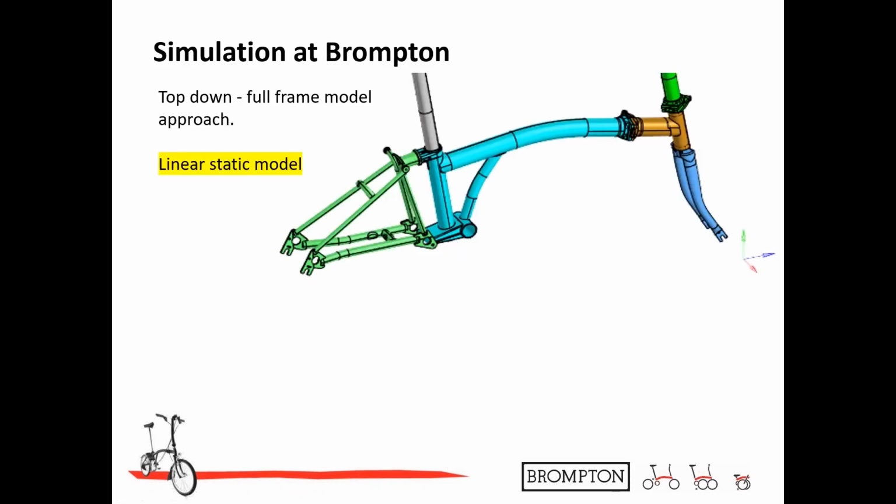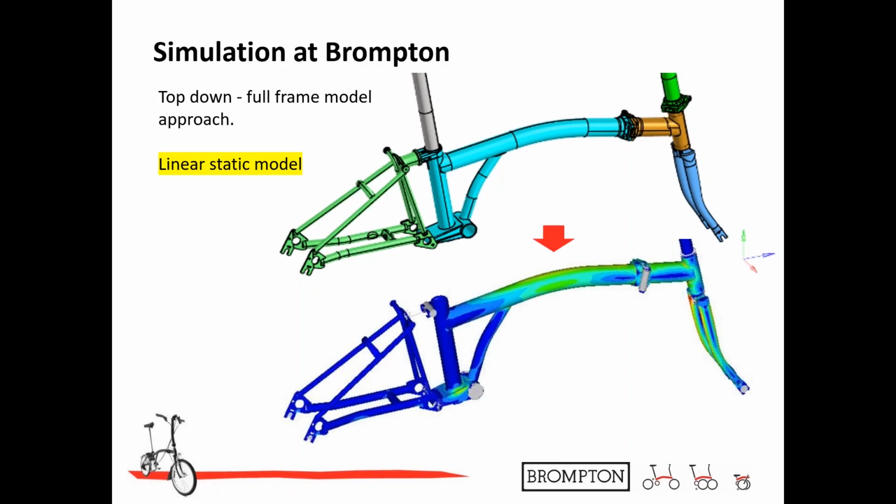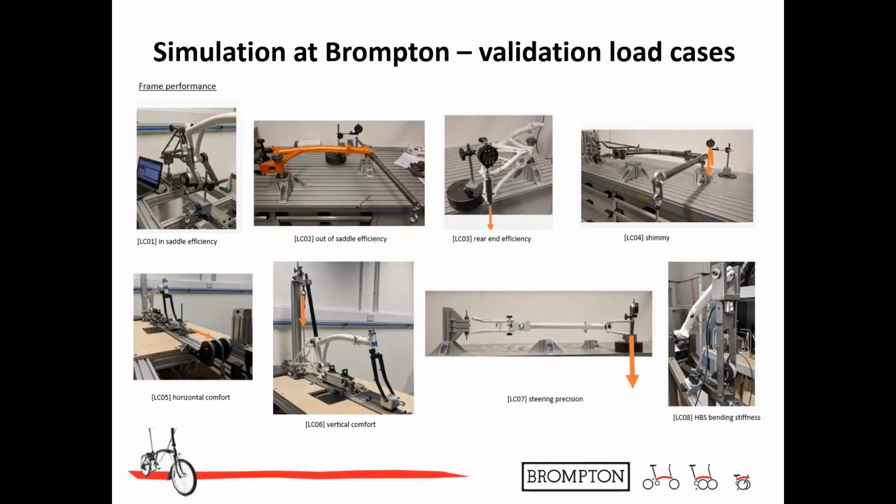So this is looking at the frame set. So we'll take a full frame top-down approach. So here we've created a linear static model of the frame set. Relatively simple to set up, relatively simple to constrain all of the contacts. We'll take that model, we'll run it through some basic load cases, which we replicate here in the lab at Brompton. So we've got a series of 8 static loadings, which